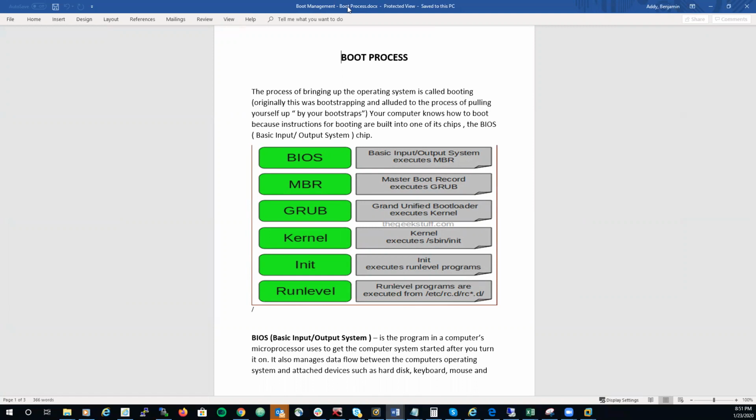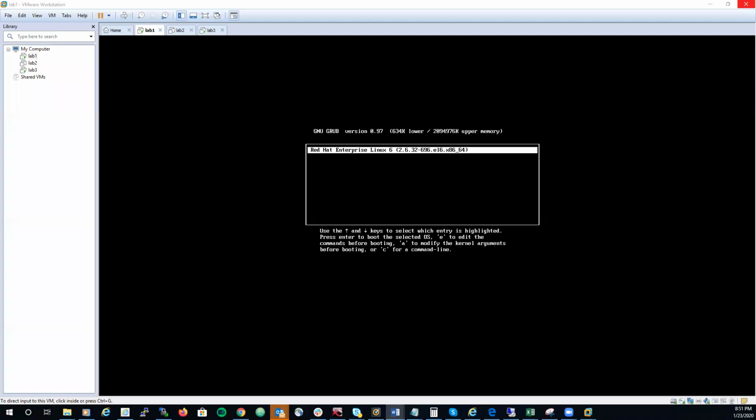Once I hit enter, it's going to boot into the kernel. It's going to boot into this kernel here. This is your kernel. That's basically the heart of your system. If your kernel is corrupt, then you have a big problem. So this is your kernel. As soon as I hit enter, I'm not going to hit enter yet, but as soon as I hit enter,